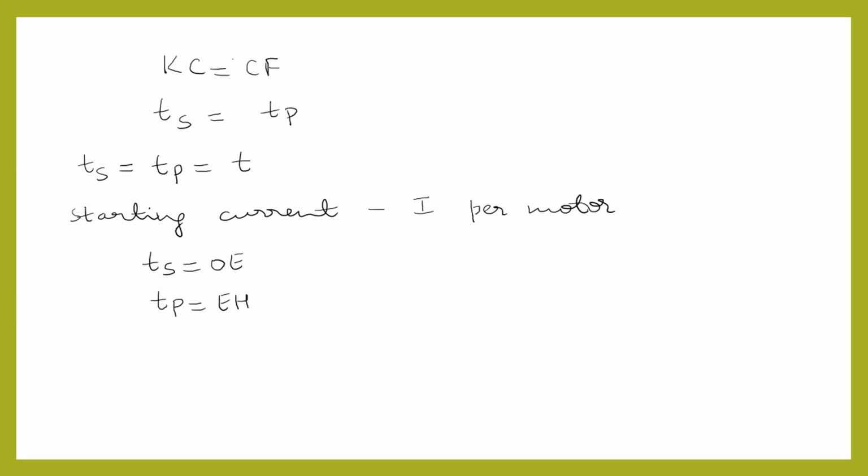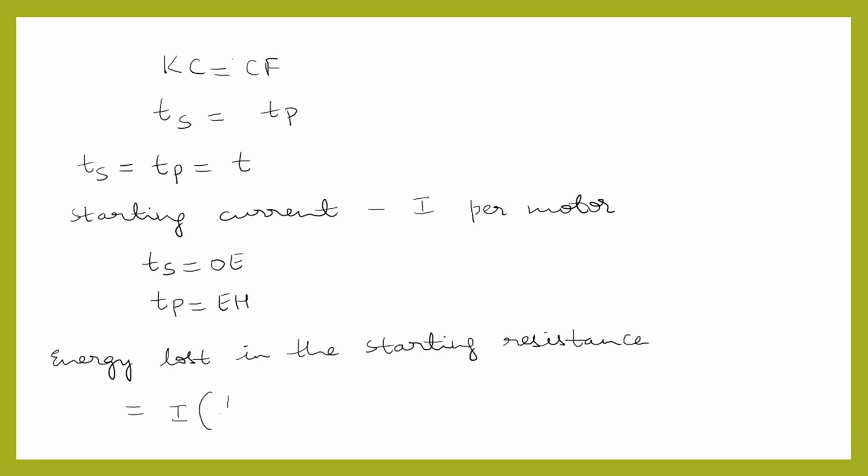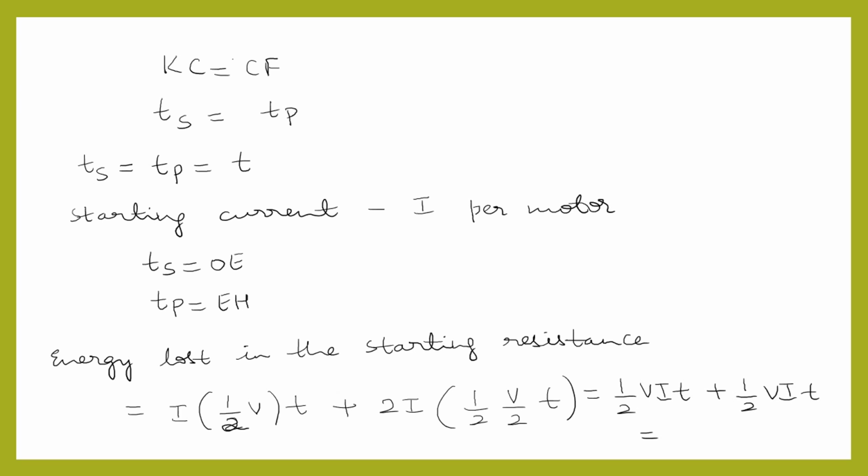So the energy lost in the starting resistance is given by I into half V into T plus 2I into half V by 2 into T, that is half VIT plus half VIT, which is equal to VIT,